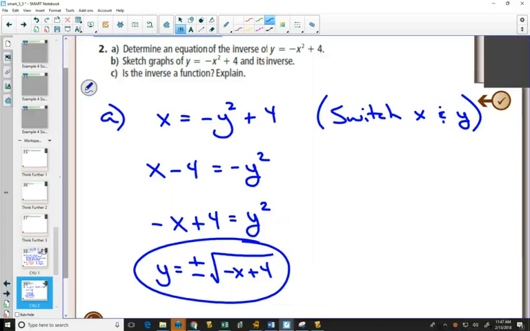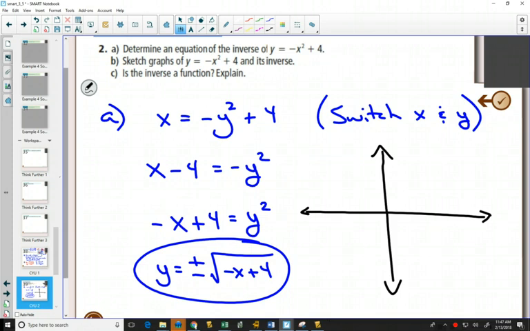Part B, it says sketch the graphs of the original graph and its inverse. So I'll put a grid here off to the side. Either using your skills with graphing parabolas from last year or your new skills with transformations this year. If I use my new skills, I think of a parabola. That negative would flip it vertically over, and then that 4 would move it up 4. So my original graph, which I'll do in blue here, is a parabola